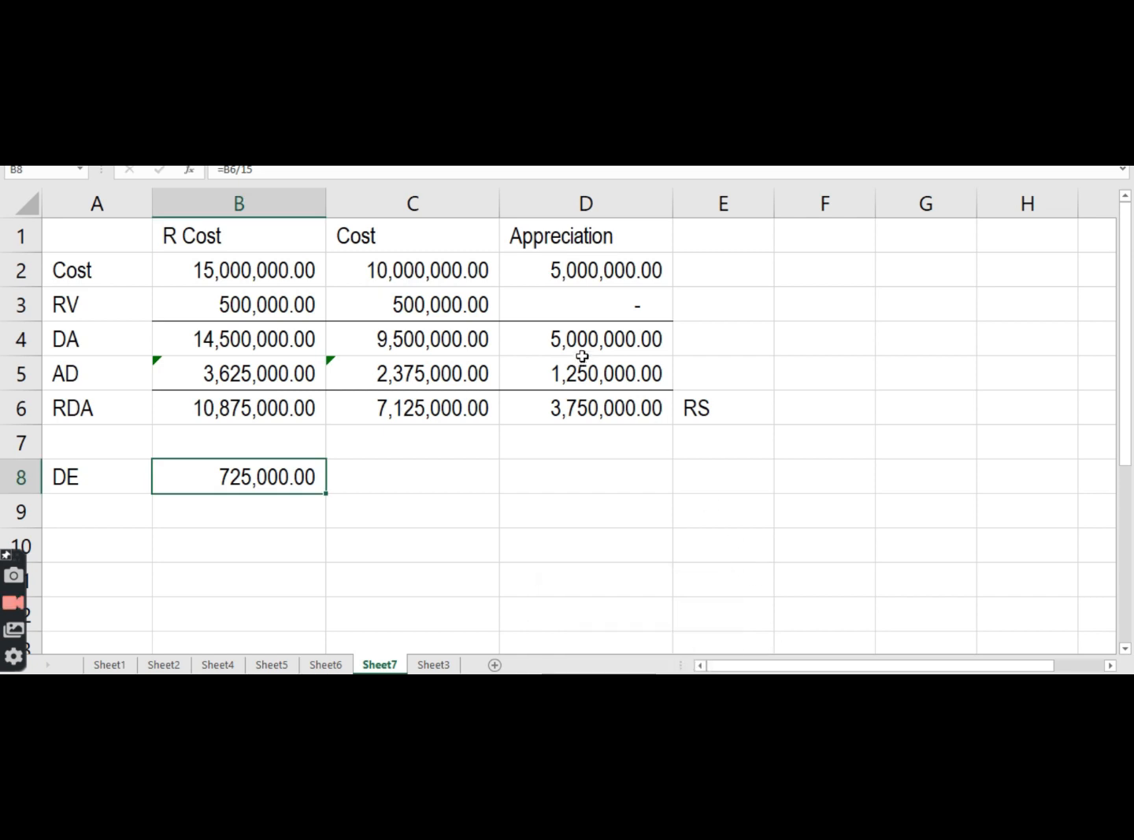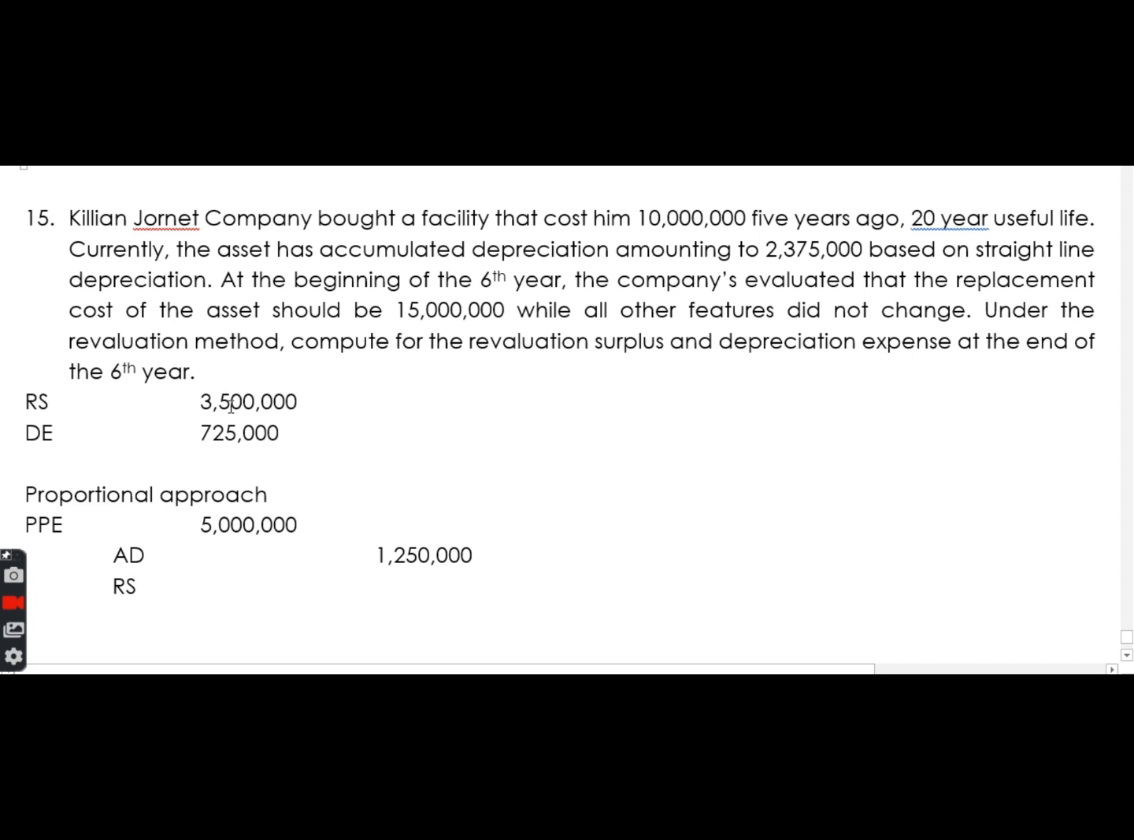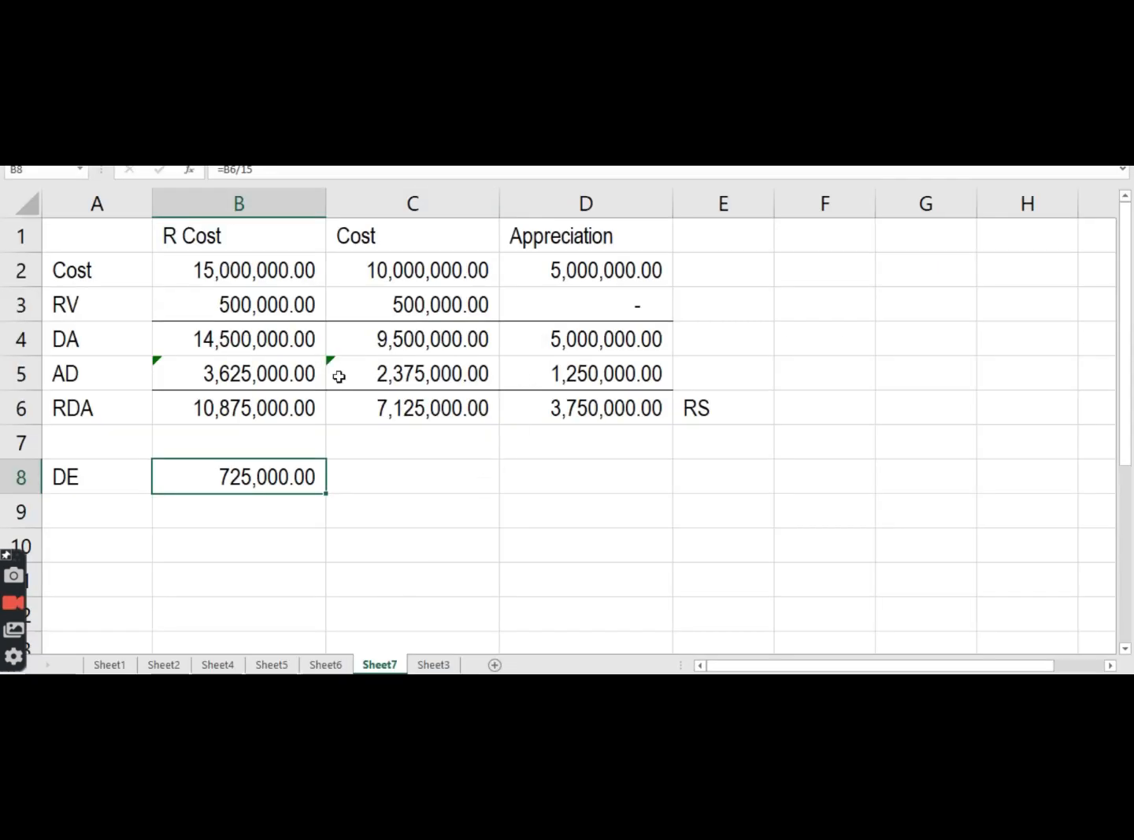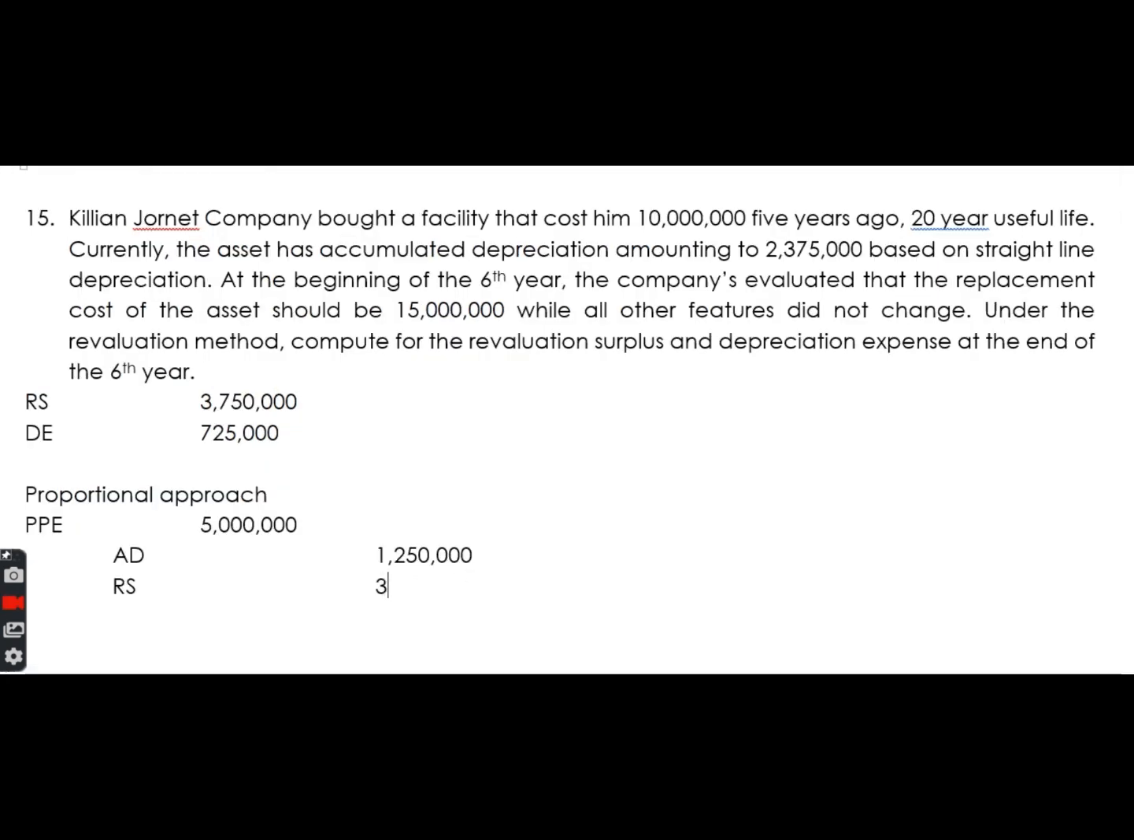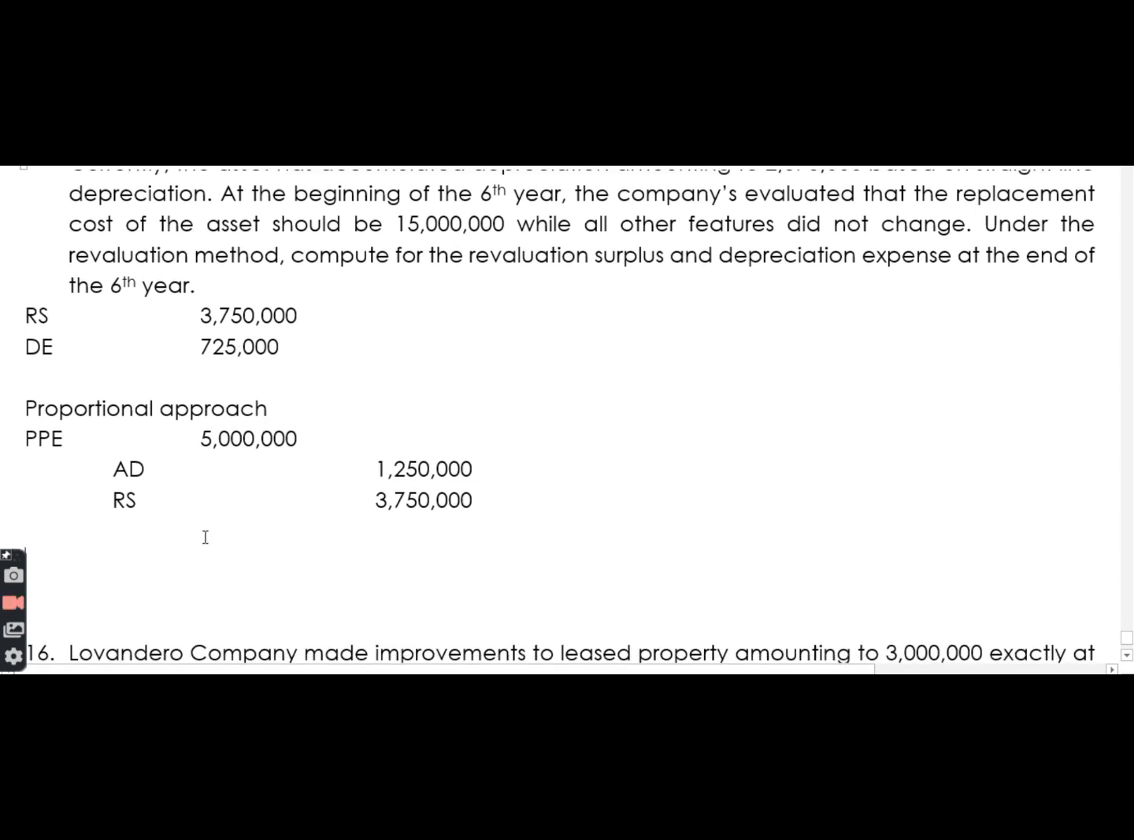Ay, tama ba? 3,750 pala. Ba't 3,500 yung nakalagay dito? Sorry. 3,750. Tama naman, di ba? 3,750. Yun. Ngayon, proportional approach yan. Kapag elimination method,